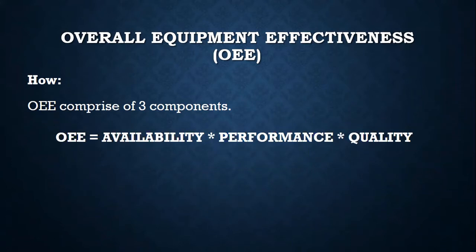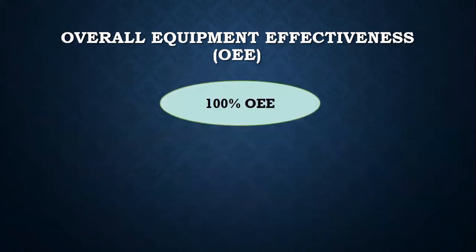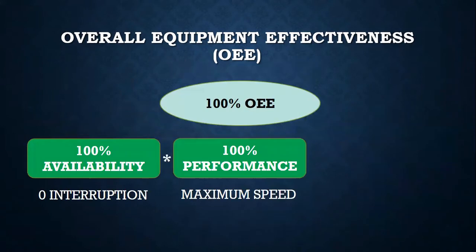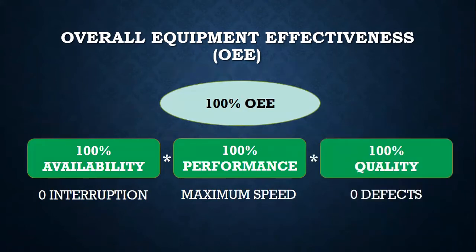Based on what's shared so far, 100% OEE can be said to be achieved when there is 100% availability of scheduled time, that is zero interruption, 100% performance, which means equipment is continuously running at designed maximum speed, and 100% quality means no defect is produced. But all those who belong to the manufacturing industry understand this ideal state can't be achieved, and loss in any of the 3 components gives actual OEE. Let's understand it using an example.